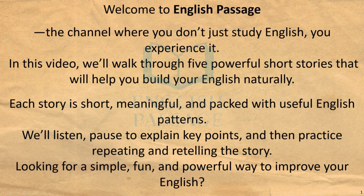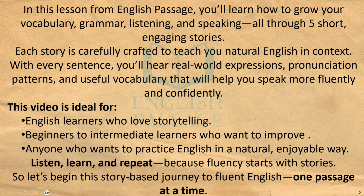Looking for a simple, fun, and powerful way to improve your English? In this lesson from English Passage, you learn how to grow your vocabulary, grammar, listening, and speaking, all through 5 short, engaging stories. Each story is carefully crafted to teach you natural English in context. With every sentence, you'll hear real-world expressions, pronunciation patterns, and useful vocabulary that will help you speak more fluently and